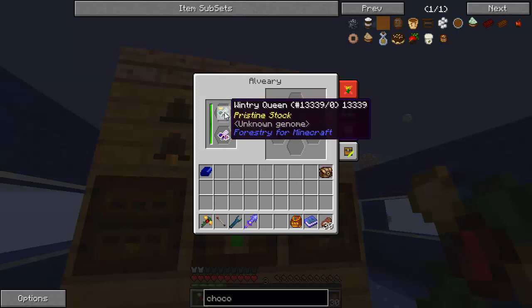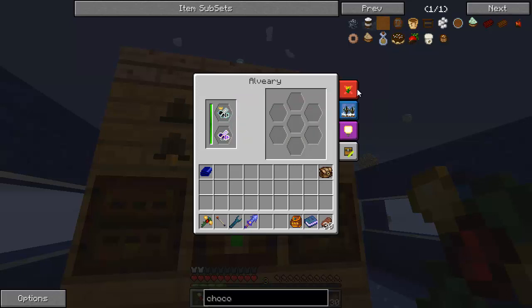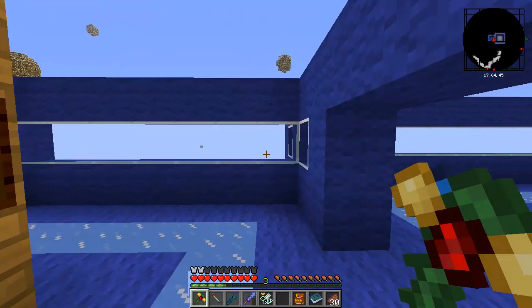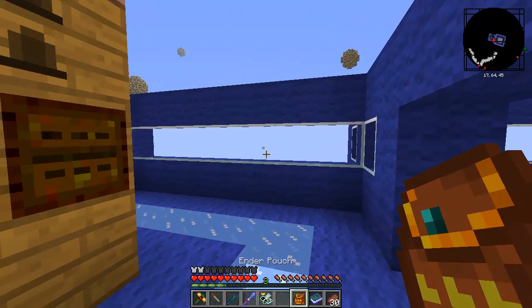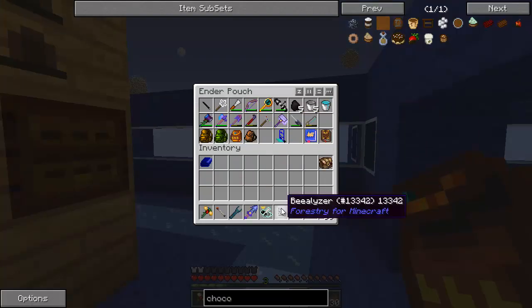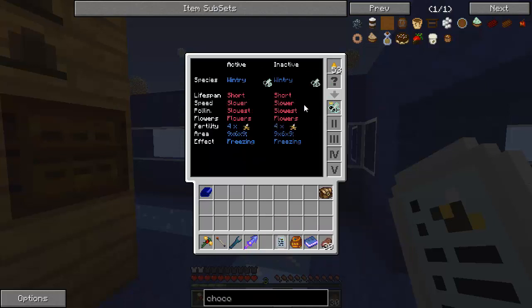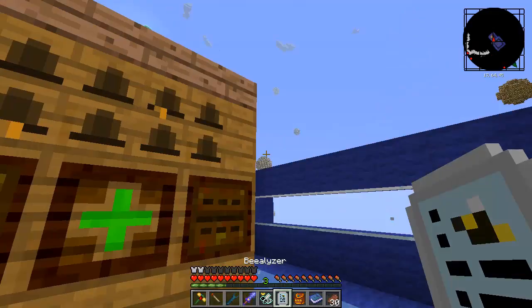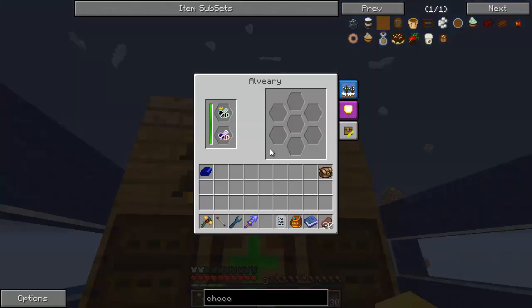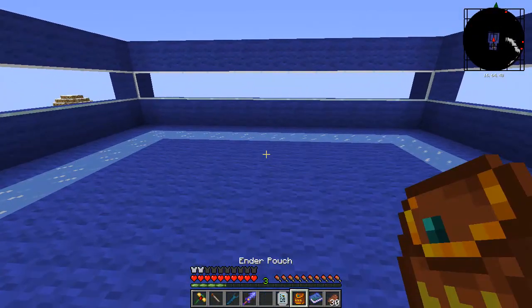Why is that a queen? That should not be a queen. That should be a princess. What kind of flowers does she take? Just normal flowers? Beelizer. I guess I'll just make her die and get the princess out of it. Wintry, wintry, flowers, flowers. Okay. So I guess, yeah, you can go in there. I'll let you die, and then I'll breed you with